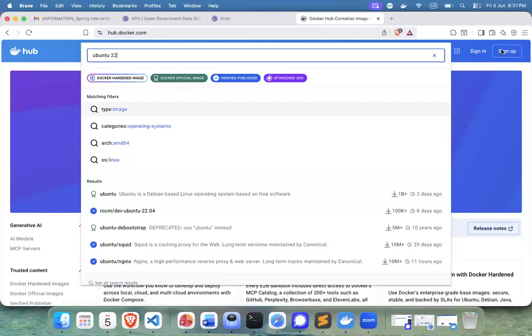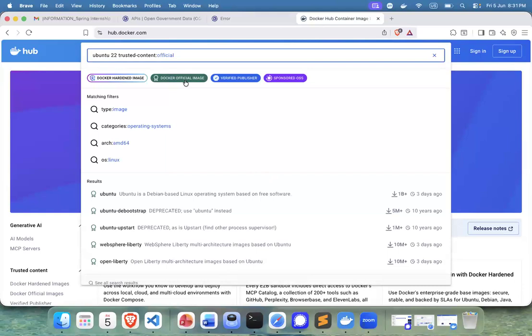I need to sign up and sign in, and it is free. I mean, there are some cases, for example, for enterprise usage, you may need to pay perhaps, but otherwise for individual users like us, it is free. You can sign up and then sign in, and then you can keep your images there. But if you do not want any image from me, if you do not want any image from Sujoy Biswas, if you want the Ubuntu image from only the official image, so click it, only the official image,